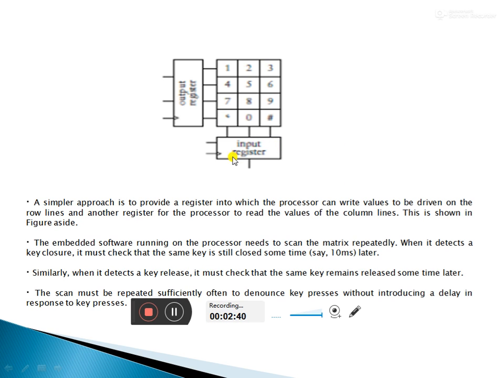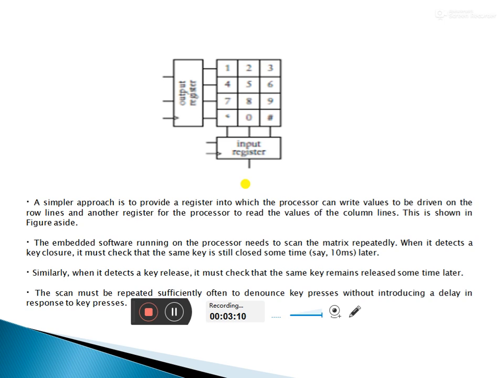According to this, if you press a button, it displays the 2. If you have to press two buttons, 1 and 2, how will it be displayed? What internal operation takes place? Every time you push a button, some delay will be there, and according to that delay, these buttons work.